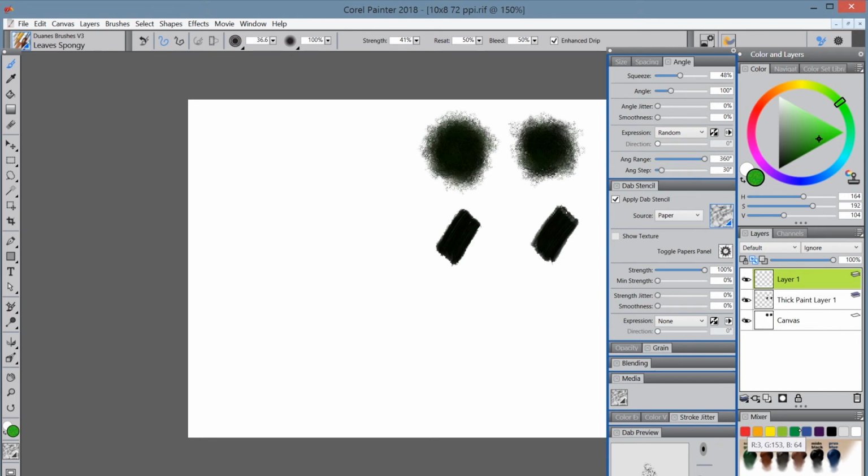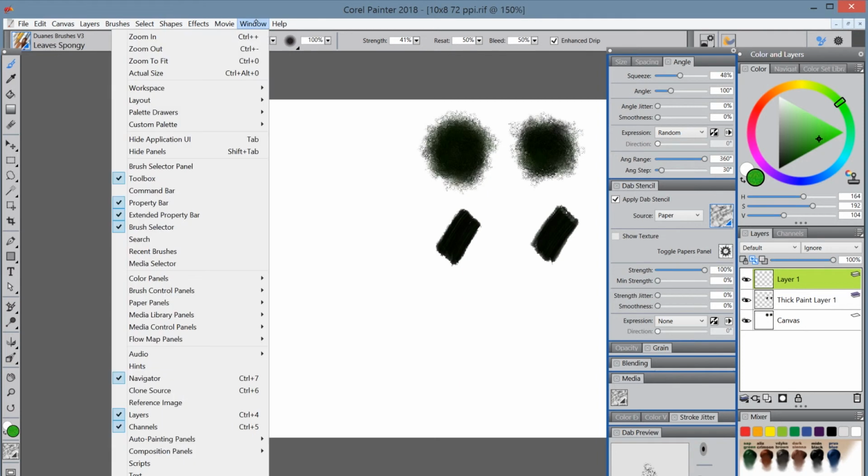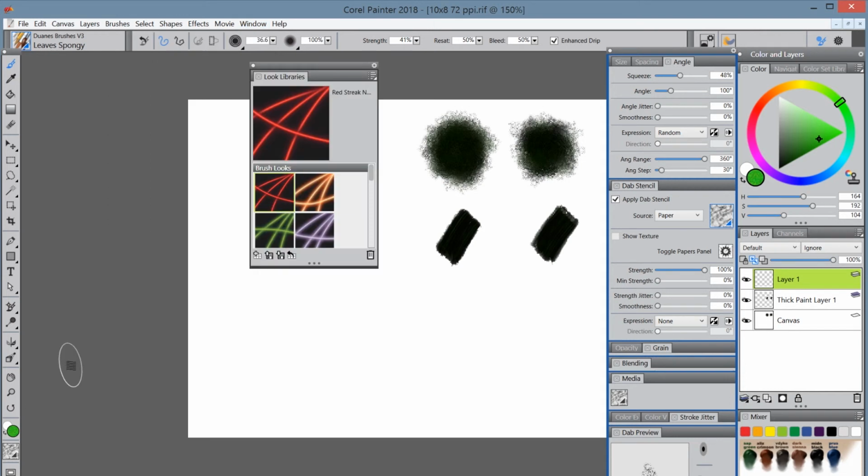Well, in Painter, you can save those. You can come up here to the window and go down to Media Library and then choose Looks. And you can save that texture as a look for that particular brush. And then you can recall that anytime that you want to. And the difference between that,